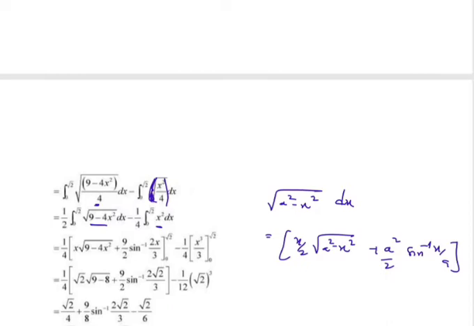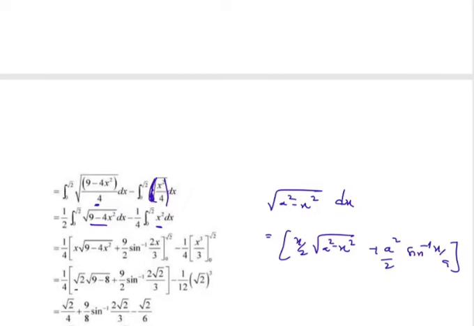x means here 2x, 2x square means 4x square, x by a means it is 3, right? So minus 1 by 4 as it is, integration of x square is x cube by 3, limit 0 to 2 as it is. So now substitute the upper limit minus lower limit here, 1 by 4 as it is,